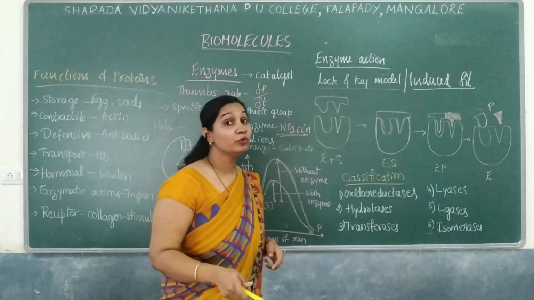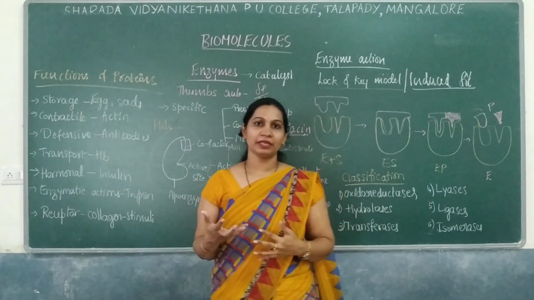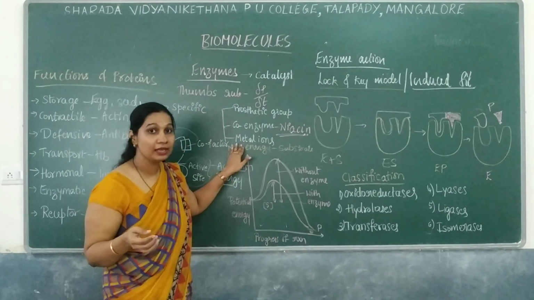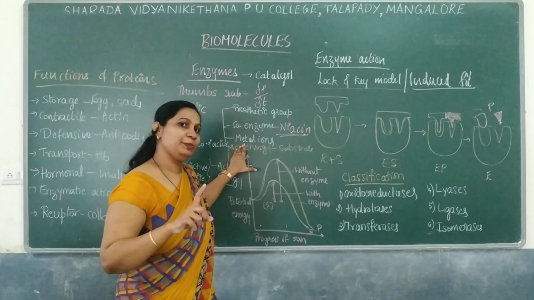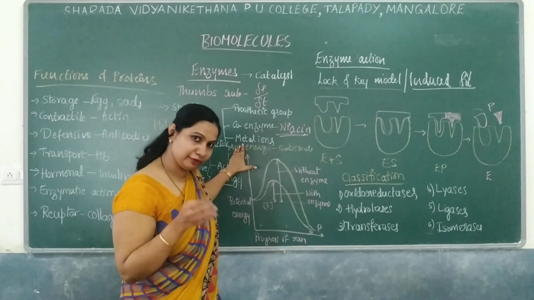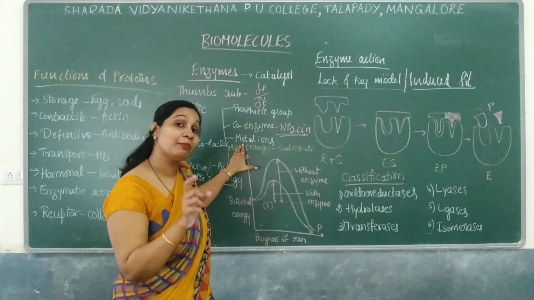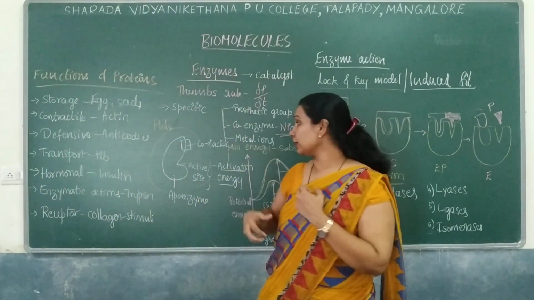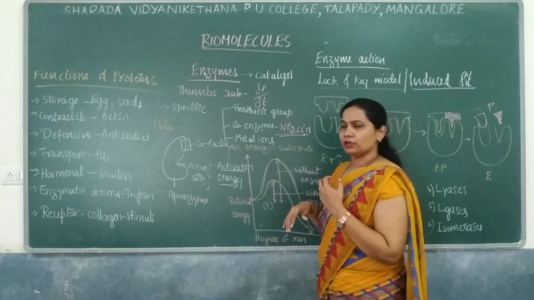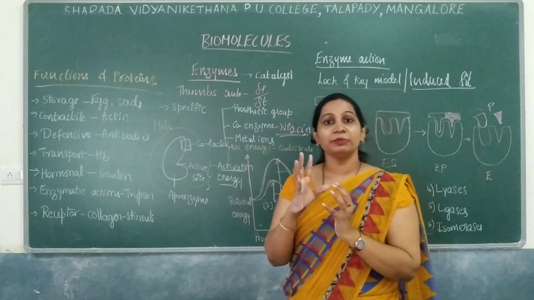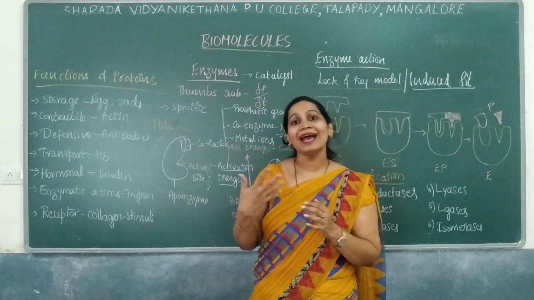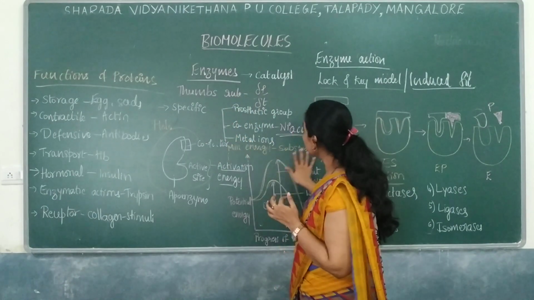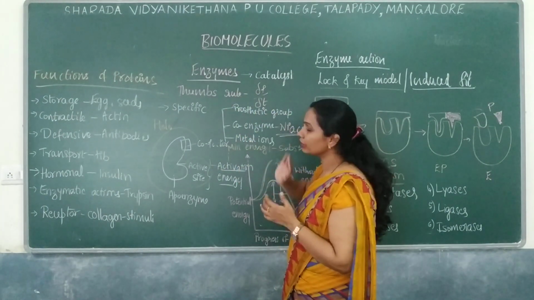They act as boosters. They will boost the chemical reaction. For example, chloride will act as a metal ion activator for the salivary amylase. Salivary amylase is an enzyme present in our saliva. And zinc as well as magnesium, these are some of the metal ions. They act as activators. Based on this, there will be a compulsory question. This is one of the very important topics.